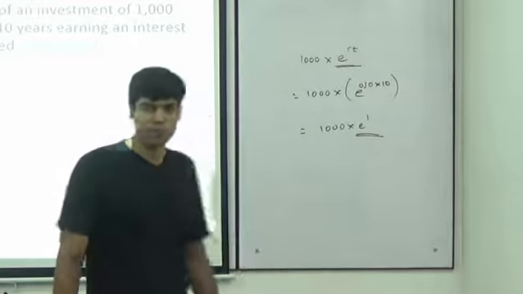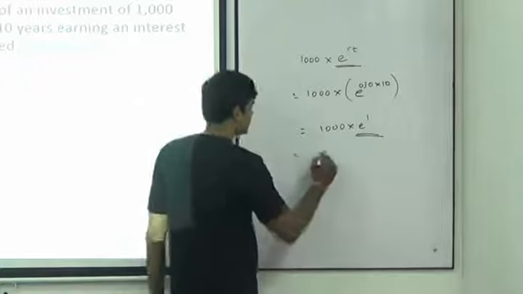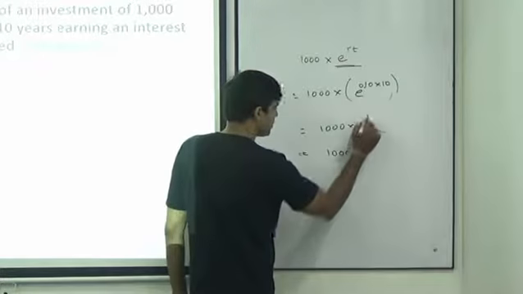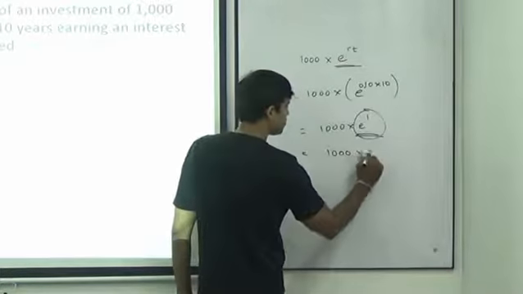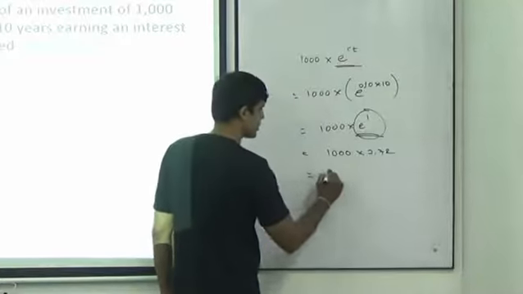It is 2 point, right, so it is 1000. See, we got the value of this. It is into 2.72, right. So